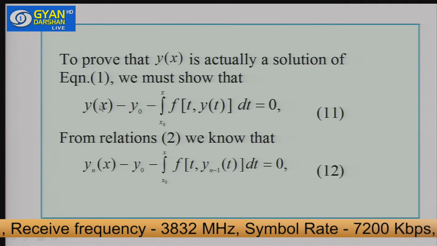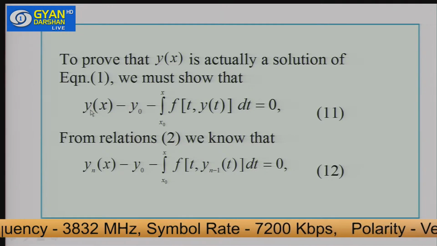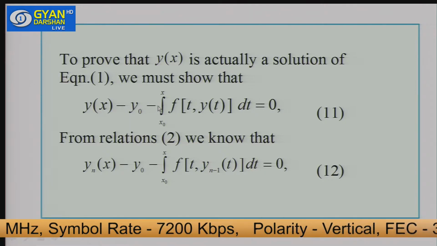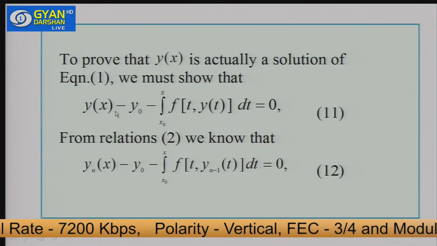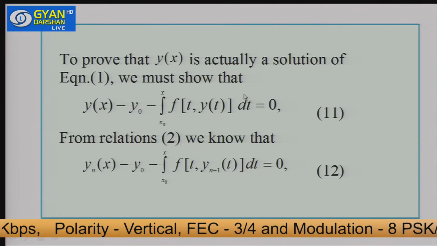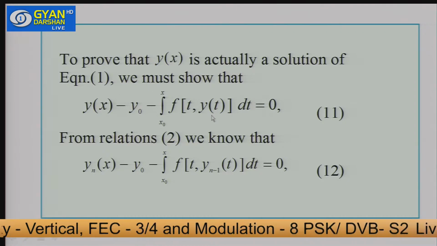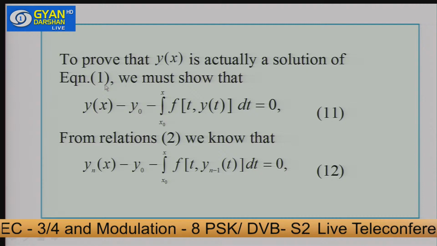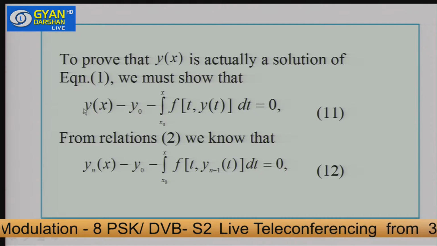Just to prove that their difference is 0. This was your equation, y equal to y0 plus this. So I am showing that y satisfies this equation. This is our aim. To prove y is actually a solution of equation 1, we must show that this is equal